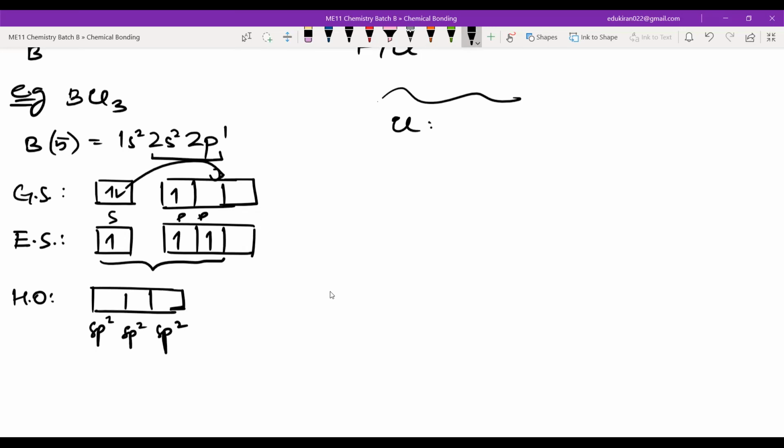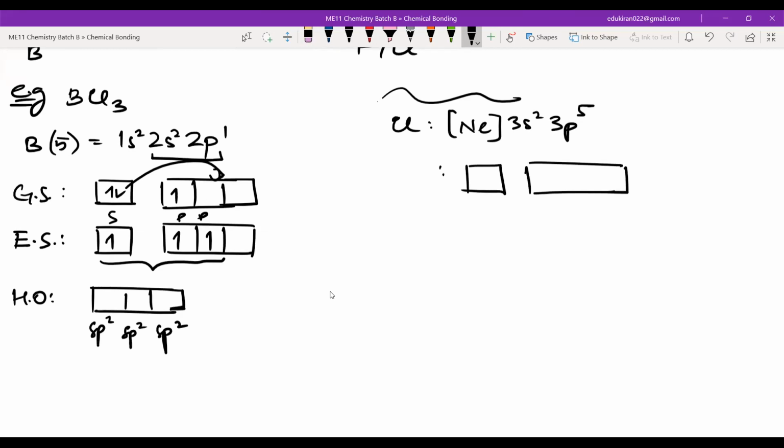Chlorine's atomic number is 17, right? So we will have argon or neon in the electronic configuration. Neon. And after that, 3s2, 3p5, yes or no? Yes, sir. Now chlorine will have 3s2 and 3p5: 1, 2, 1, 2, 3, 4, and